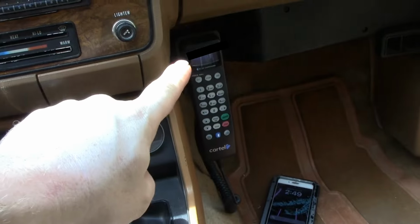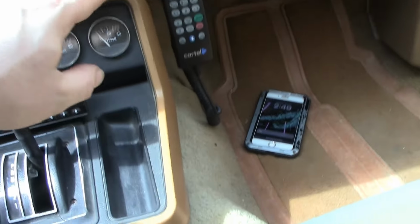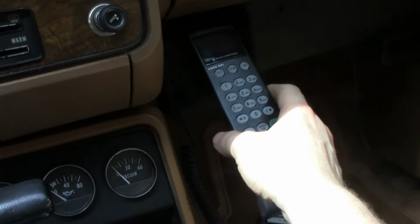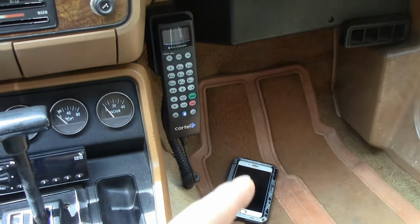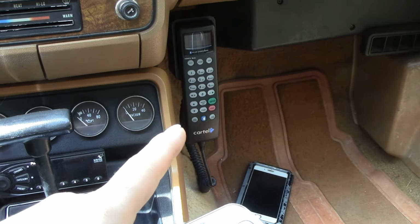That actually has caller ID, so I'm trying to be very careful here. It's saying incoming call from that number. What happens if I pick this up? No, once it hangs up, it doesn't actually say what it is. Okay, cool. So I can send a phone call to it. Sure, my phone will ring still, but the ringtone goes over Bluetooth, which doesn't sound all that great, and then